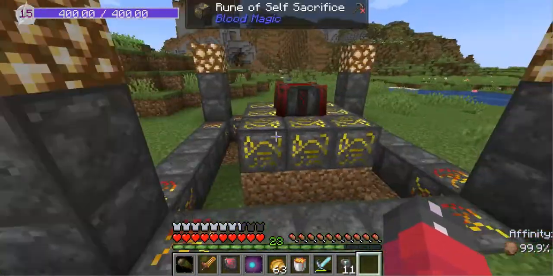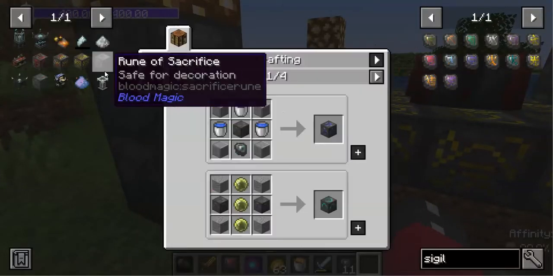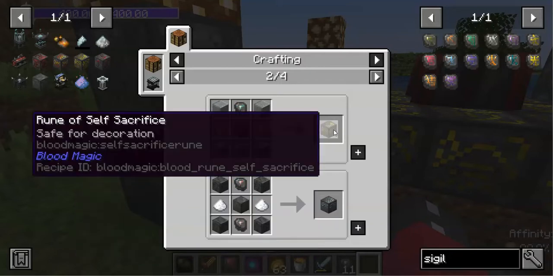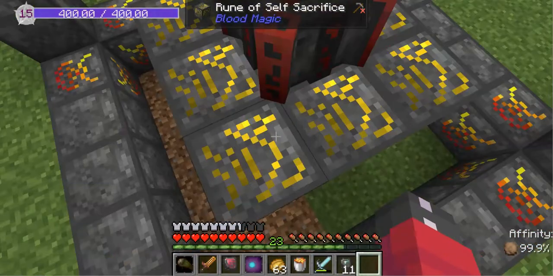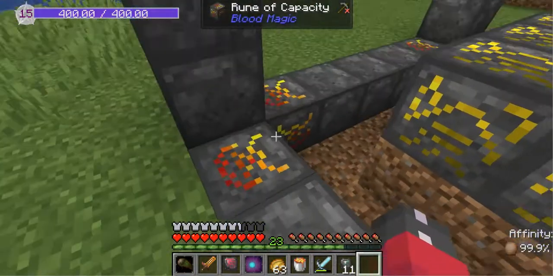And here's my new Blood Altar location. This is definitely subject to change, but apparently these blank runes can be used to craft these different runes, such as Displacement runes, Rune of the Orb, Speed runes, and Self-Sacrifice and whatnot. So currently I've made a bunch of self-sacrifice runes to further enhance my self-stabbing powers, and I've also gotten these